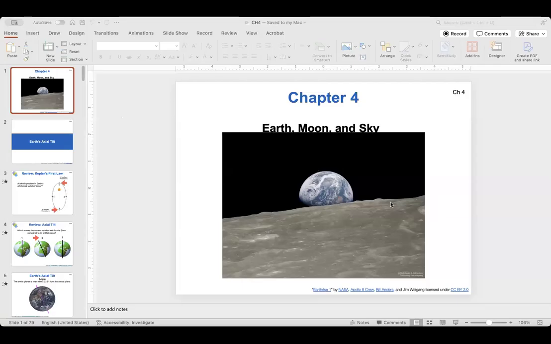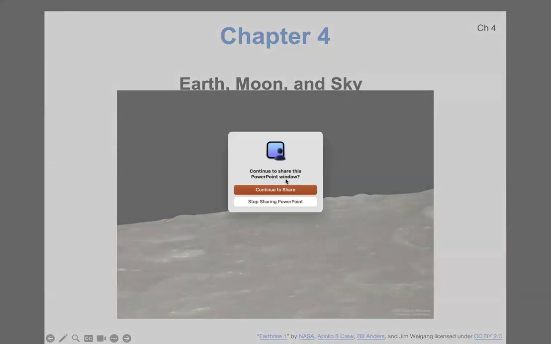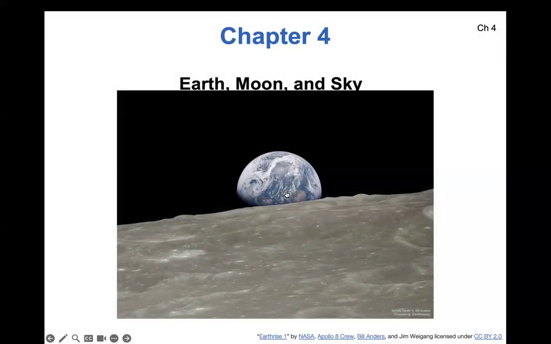Okay, so we are talking about Chapter 4, getting started with this set of lecture slides. All right, so this chapter has the sort of general name of Earth, Moon, and Sky. In practice, what we will be talking about are the relative motions of the moon, the earth, and the sun,